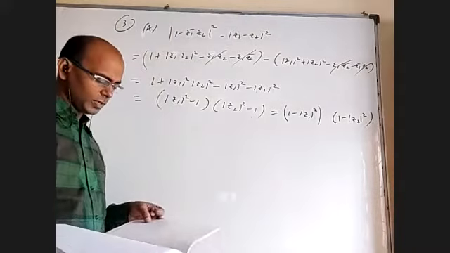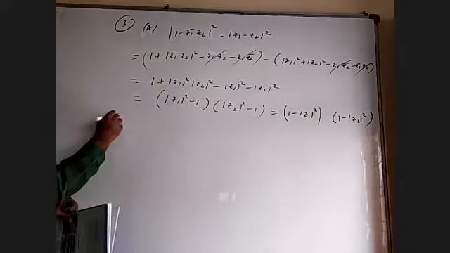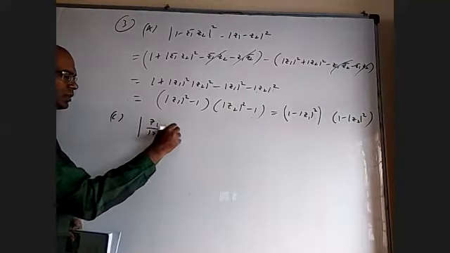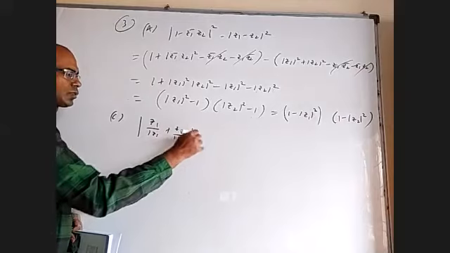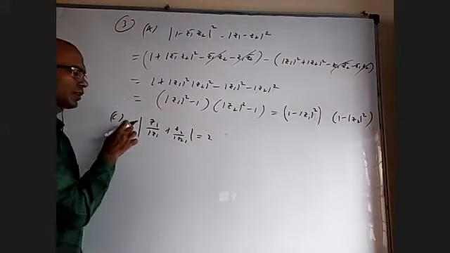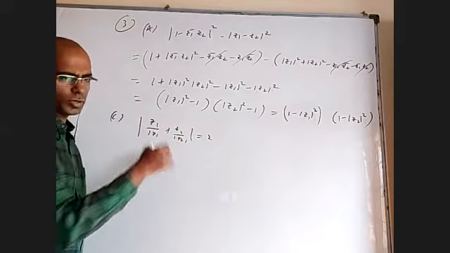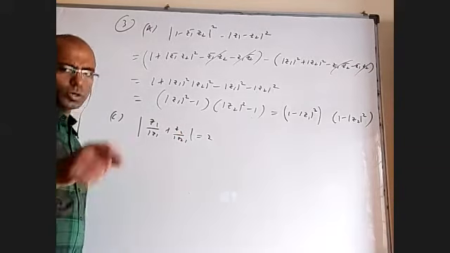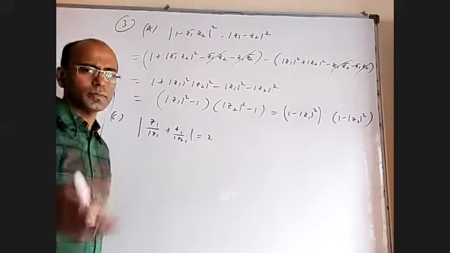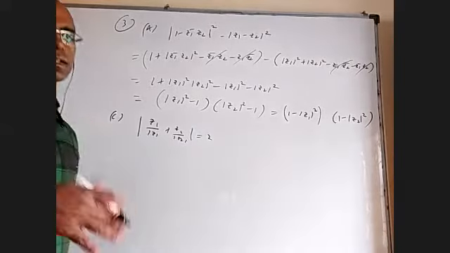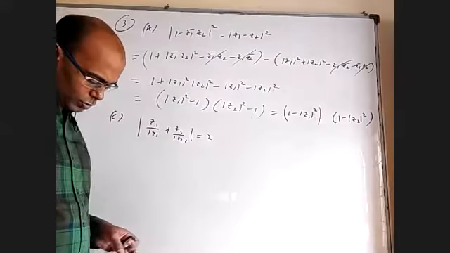Option C is also obviously not correct, because they wanted Z1 by mod Z1 plus Z2 by mod Z2. Is it equal to 2? Basically, into something, it will get cancelled. This is a unit complex number. This is also a unit modulus complex number. Just because two complex numbers have unit modulus, their sum, the resultant, doesn't have to have magnitude 1 plus 1, 2. It can be anything between 0 to 2. So that is also not right.